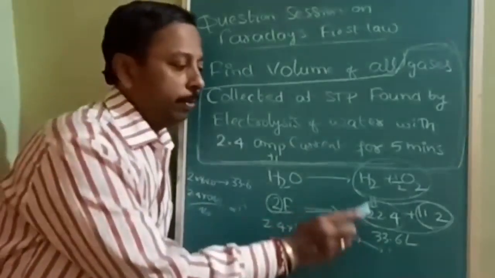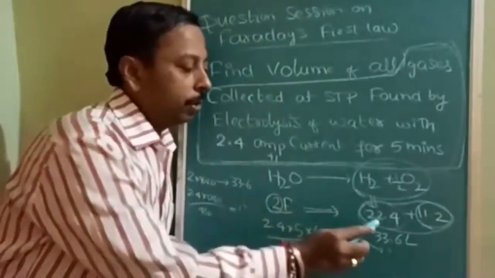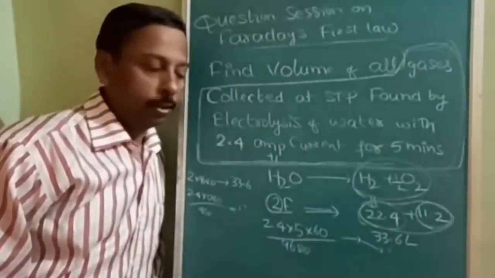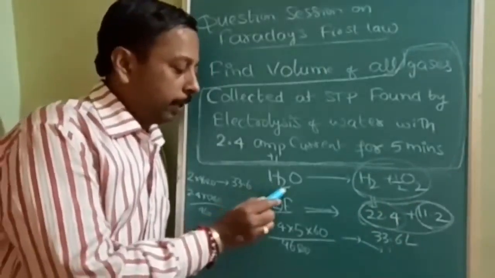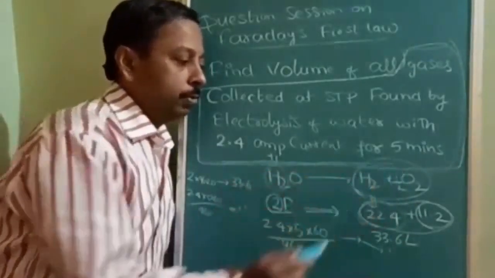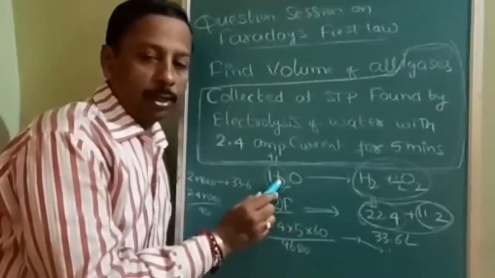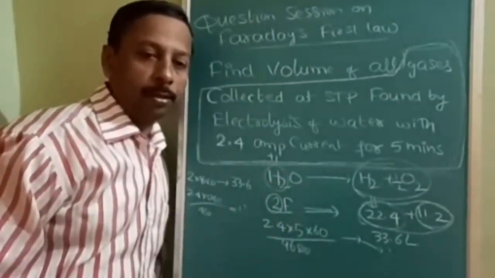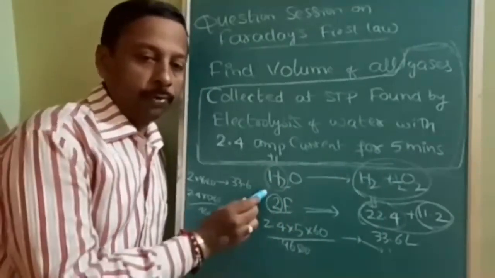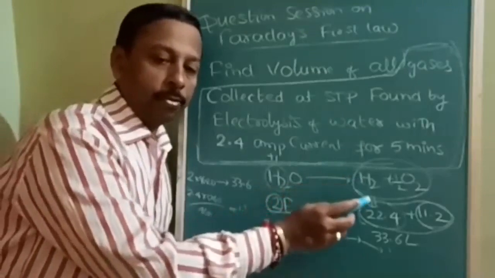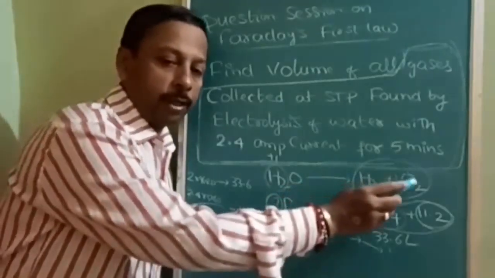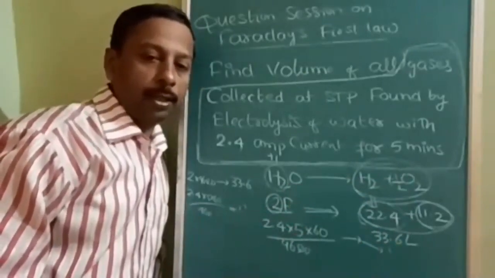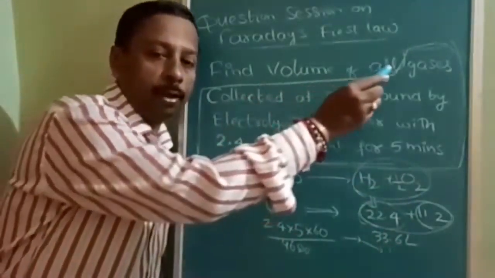Is there any doubt? The main problem will be why this 2 and how this 22.4, how this 11.2. Unitary method is simple only. So again, I am explaining. Hydrogen is changing from +2 to 0, and two hydrogens, and each oxygen is changing from -2 to 0. So the equivalent factor will be 2. So if I give 2 Faraday, at one electrode I will collect 22.4 liter, at the other electrode I will collect 11.2 liters.